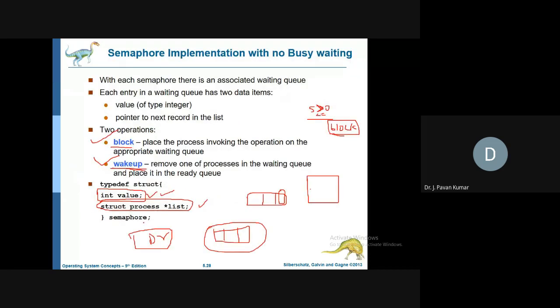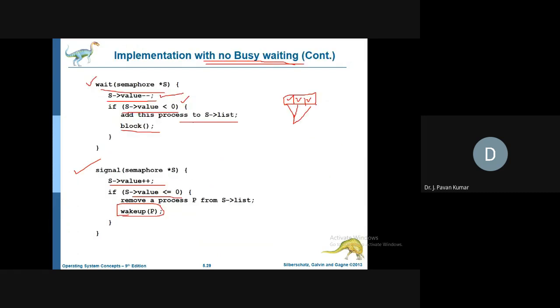We are avoiding busy waiting by making use of a blocked queue or blocked list for each and every semaphore, isn't it? Yes, by making use of this blocked list for each and every semaphore we are avoiding busy waiting. Next,